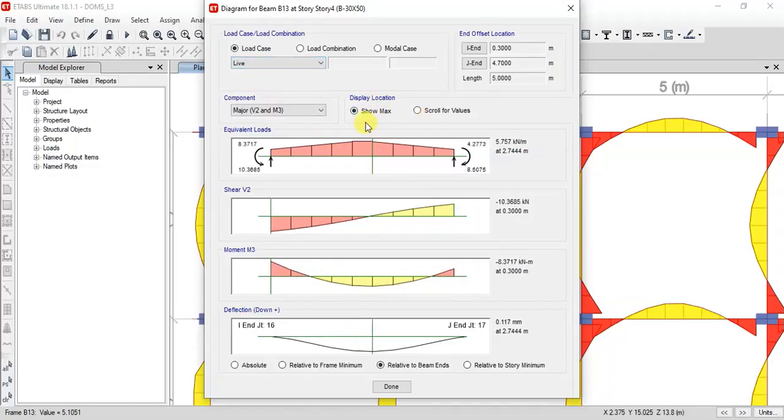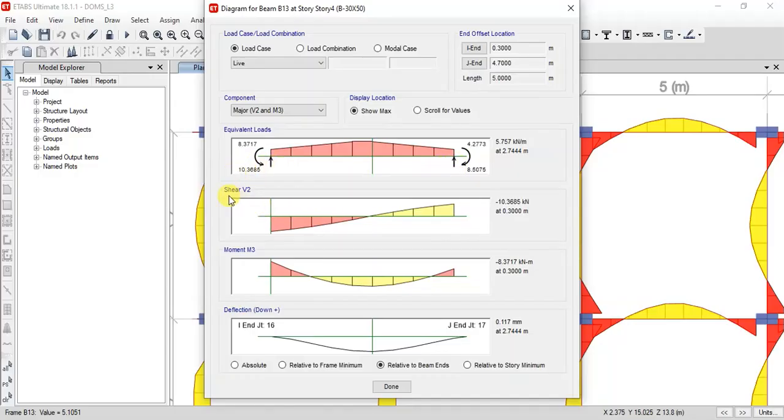This is an option where it will show only the maximum values. For example, here it is displaying the maximum moment, or the distance at which the moment has maximum intensity, and this is the support reaction.